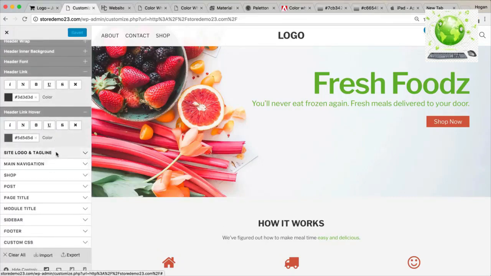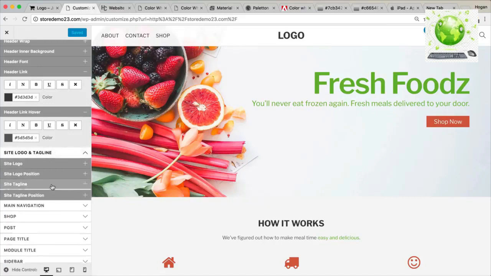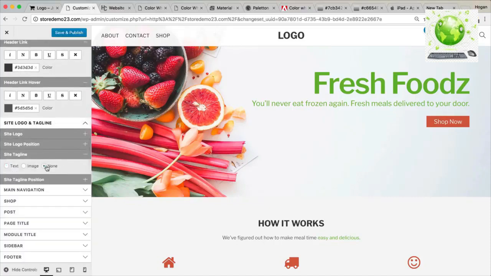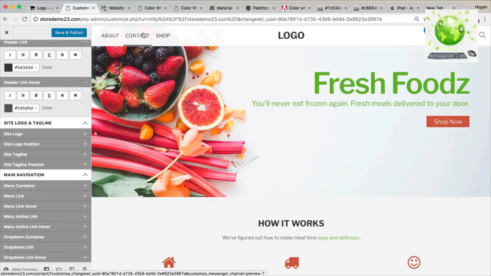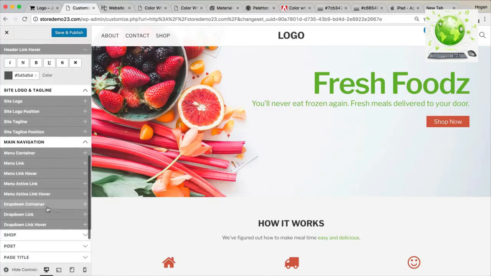Now for the site logo and tagline, I might remove the tagline and set it to none. Okay, so there's nothing there. Let's close that. For the main navigation, this is actually this here. So this is your main nav. You can actually override the header link colors if you change it here. So I'm going to leave it as is because I don't need to, but you can if you change these